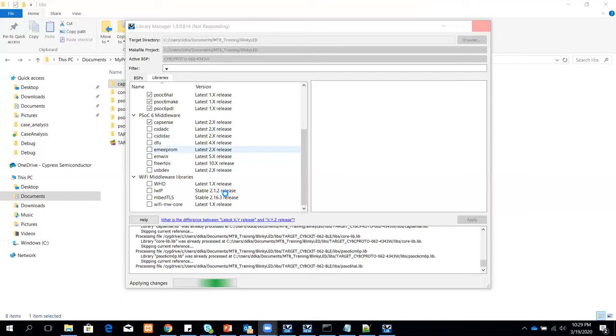Okay. And another thing I want to talk about here is the version, right? So for each of the middlewares, you'll see that it is pointing to the latest 2.x release. But let's say you are working on the previous release, so it's very easy to go from one version to the other.